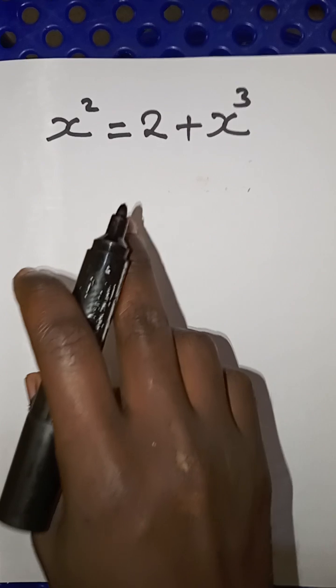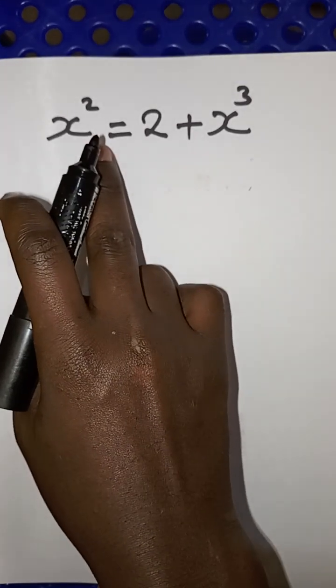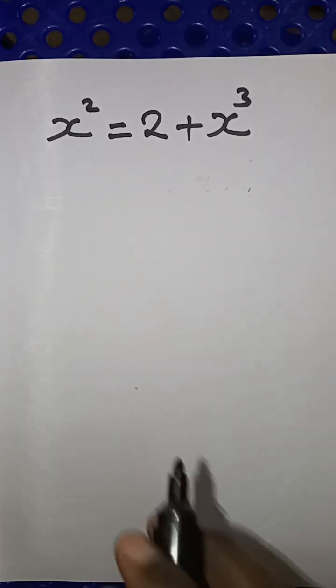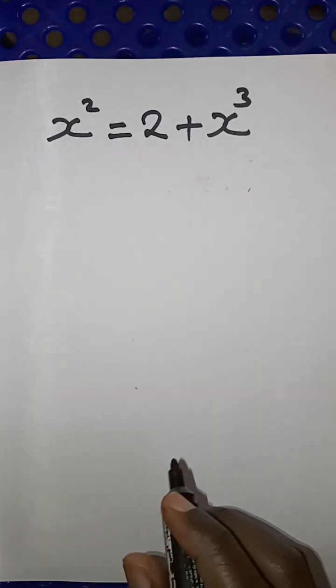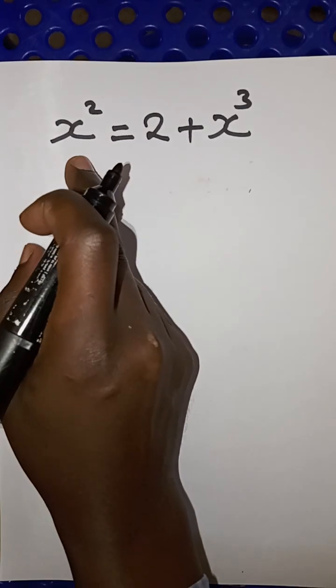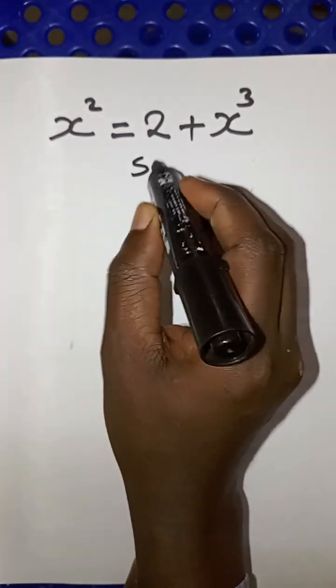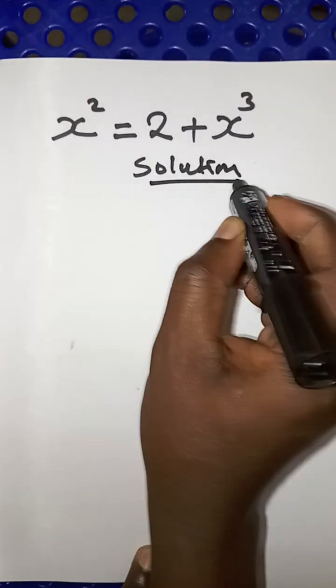So today we have an exponential equation given that x squared is equal to 2 plus x cubed. I'm going to take you through step by step up to the final solution where we're going to find the value of x for this type of equation. So straight away in the solution part,